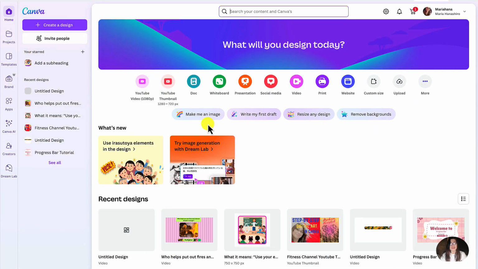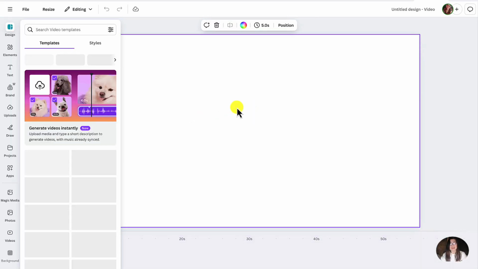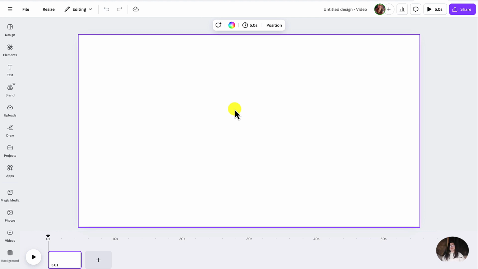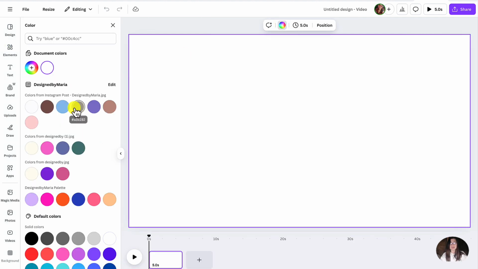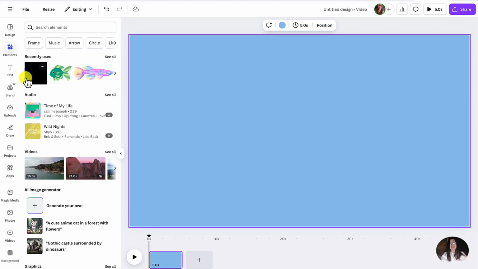Let's try a new project. Okay, so I'm going to video, this one, and here is the blank template. I'm gonna put some color so that it's easy for you guys to see it. Okay, so let's get this blue one. All right, so now next we're going to elements and let's get this